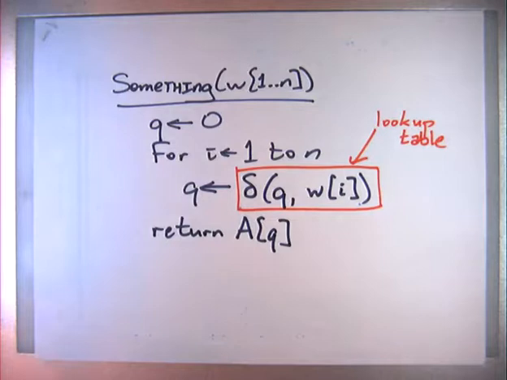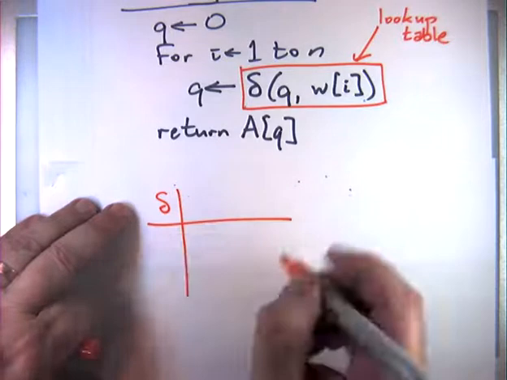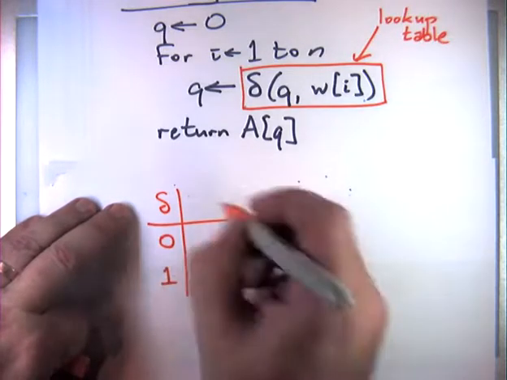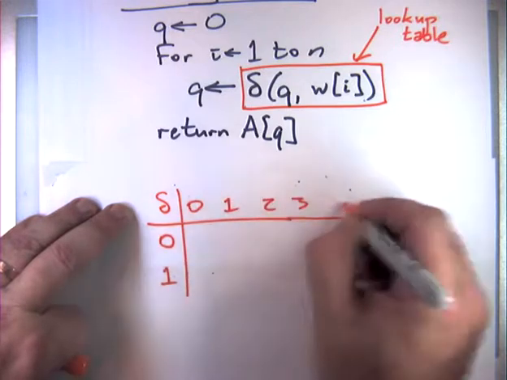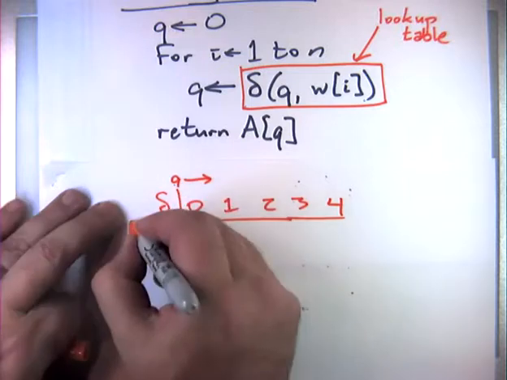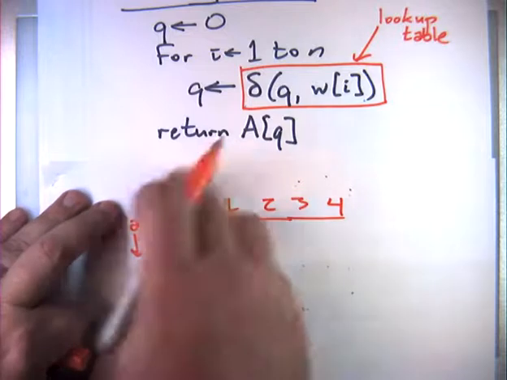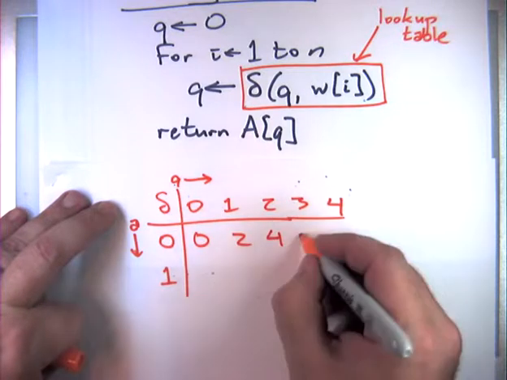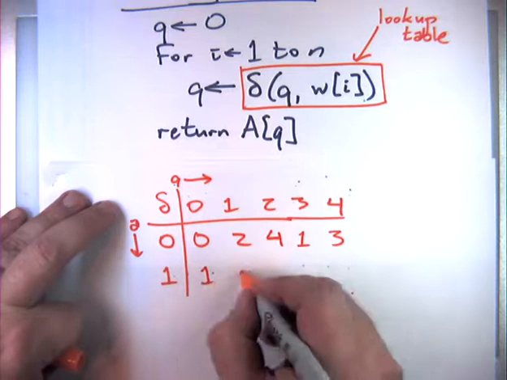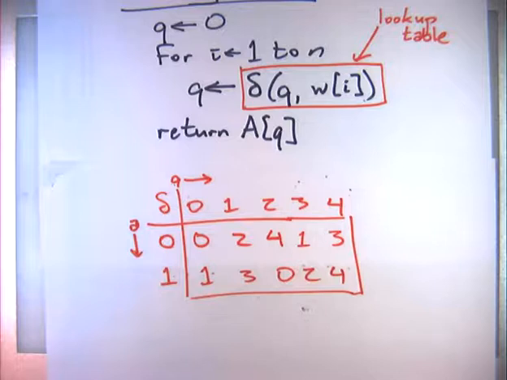So for example, the lookup table for multiple of 5 is, if I read 0 or 1, and I'm in state 0, 1, 2, 3, or 4, so this is Q, and this is the symbol A that I'm reading, I should go to 2Q plus A mod 5. For 0, 2, 4, 6, 8 that gives 0, 2, 4, 1, 3, and for 1, 3, 5, 7, 9 that gives 1, 3, 0, 2, 4. Okay, so this is my transition function